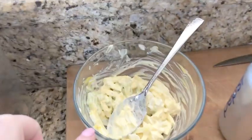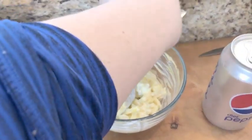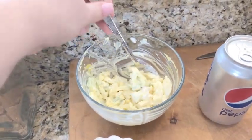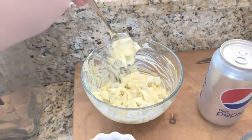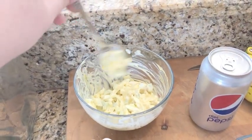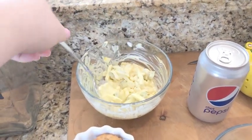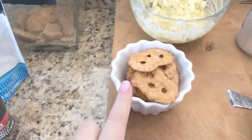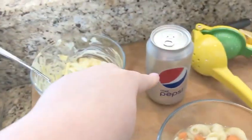And then I have 1 egg, a little bit of onion, a little bit of celery, some salt and pepper, about a tablespoon, probably a little less than a tablespoon of mayo, and maybe a 1/4 teaspoon of yellow mustard, salt and pepper, like I said. Mixed that all up. I measured out my 11 little pretzel thins, and then I am going to have a